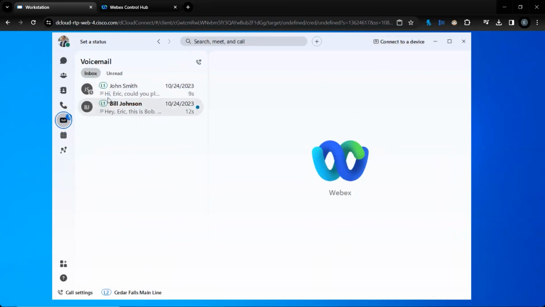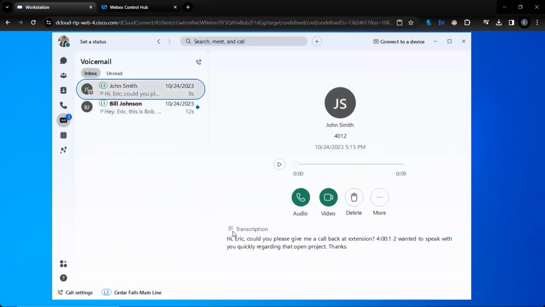I mentioned voicemail. That is available here right within the application. You will see that it does include transcription as well as the ability to listen to the audio right within the app. In addition, voicemail can be delivered via email, where it will again include the transcription in the body of the email and the audio file attached. Or if there are users that prefer to receive voicemails through their phone, you can absolutely still have the blinking red light on a physical phone and dial in with their PIN to retrieve voicemails that way. And that can be configured on a per user basis to ensure that everyone is operating with the system that works best for their needs and their role.